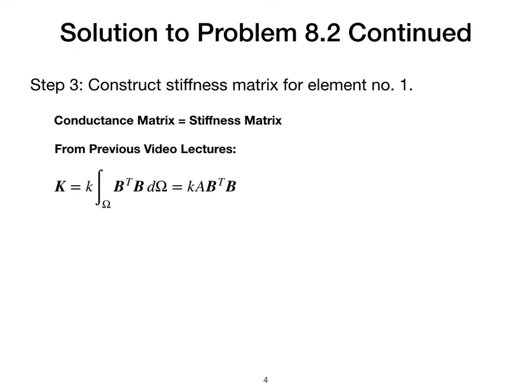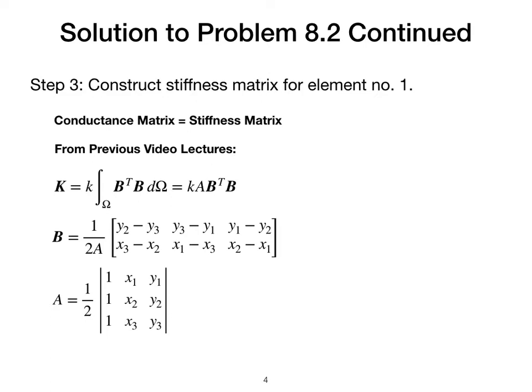We already know that a stiffness matrix is equal to K times integral of B transpose B integrated over the whole domain, which turns out to be K times area times B transpose B, where B is as given here: 1 over twice the area of the triangle multiplied by a matrix containing y2 minus y3, y3 minus y1, y1 minus y2, and x3 minus x2, x1 minus x3, and x2 minus x1 as members,